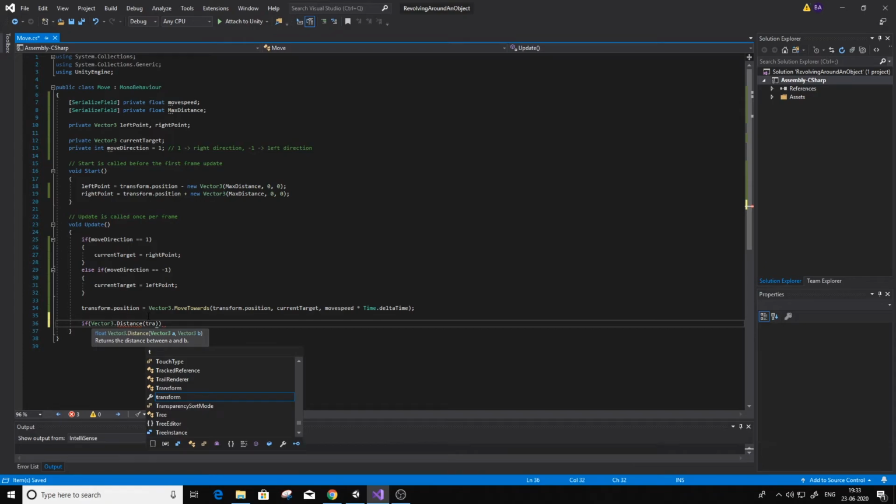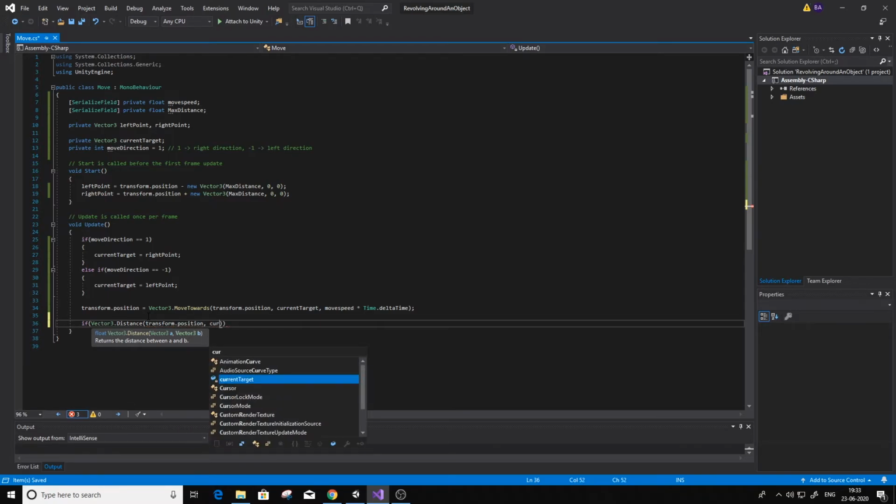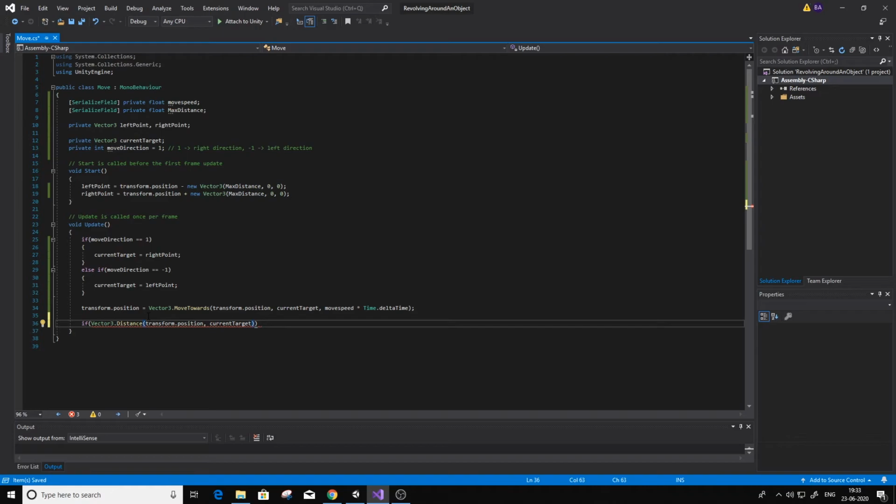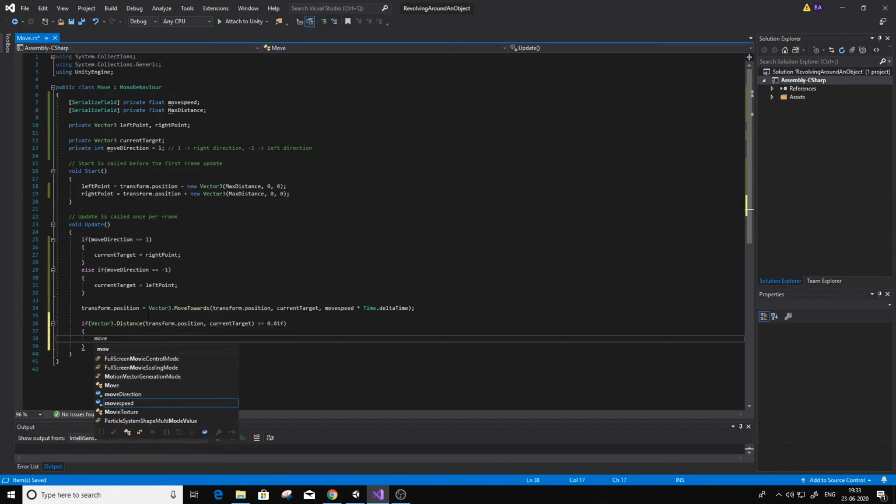So we need the distance, which is transform.position and the current target. So if the distance between the current target and the position of the object is less than 0.01, that means the object has almost reached the point, so we can flip the direction.